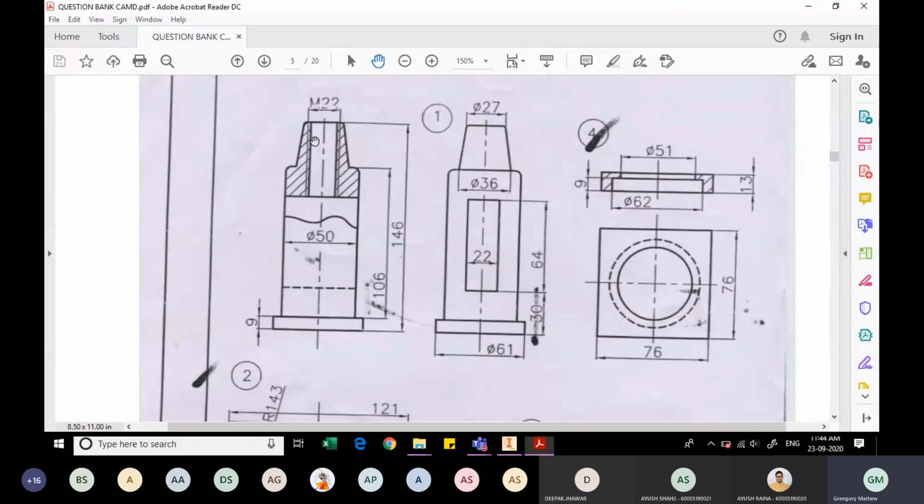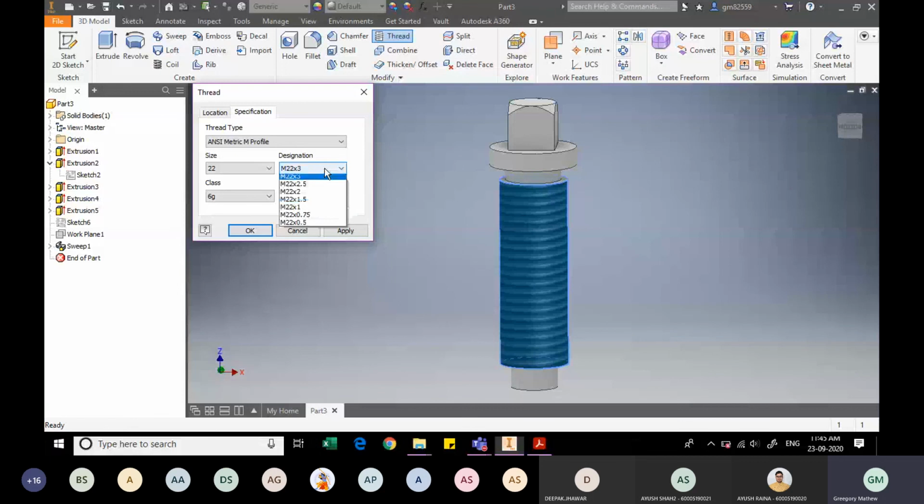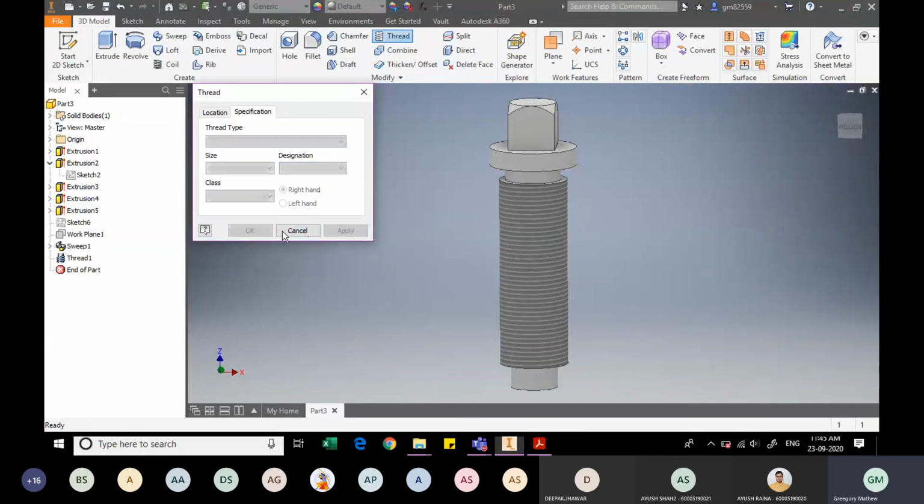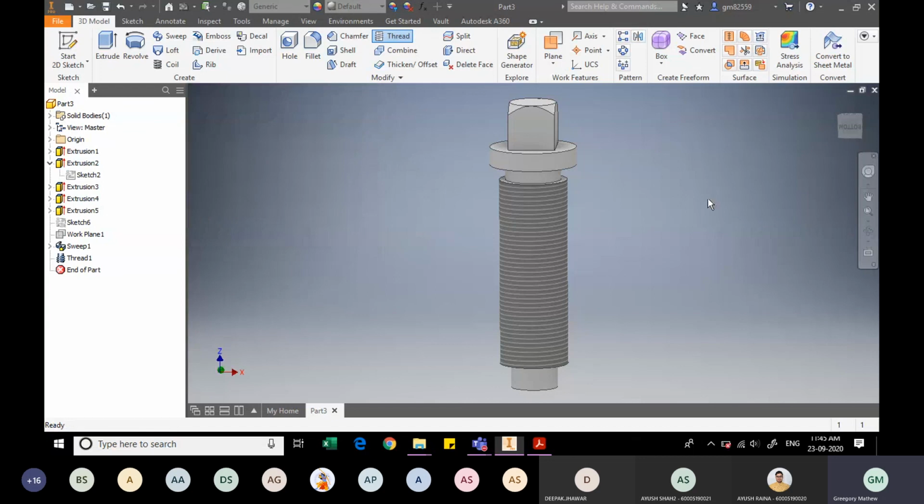So since we have specified the pitch of this inner thread that you see in the body to be 1.5, we will also have to say that this outer diameter pitch should also be 1.5. So we are saying it is 1.5, and I will click on apply, and our part is ready. I will just stop the recording for now.